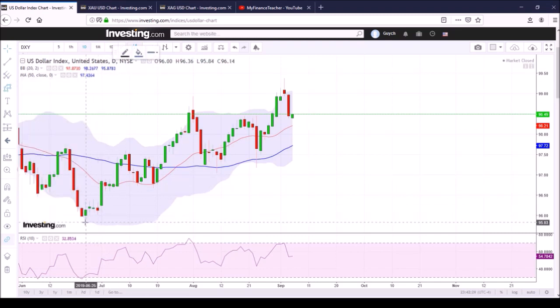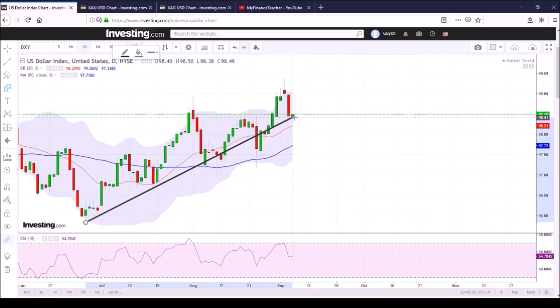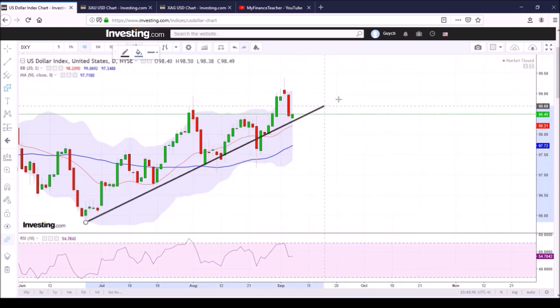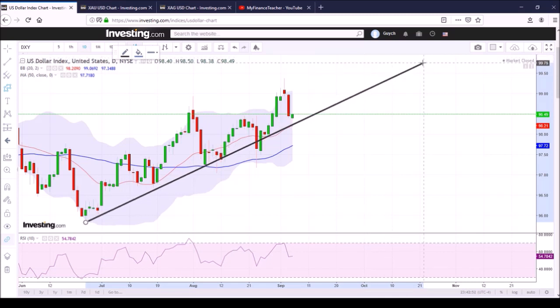Regarding the intermediate cycle, I think we started this intermediate cycle in the US dollar at the end of June. This cycle has only been going on for slightly over 2 months so far. And given the normal duration of, say, around half a year, we still have, I think, some time within the advancing phase of the ongoing intermediate cycle. So in the intermediate term, over the next several weeks, I do expect to see the dollar a little bit stronger.